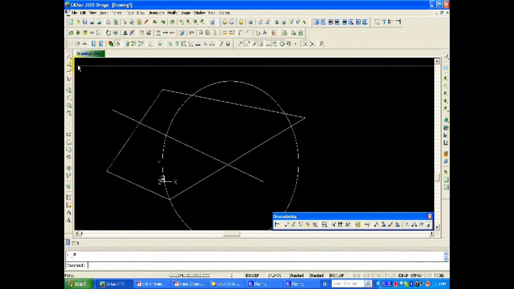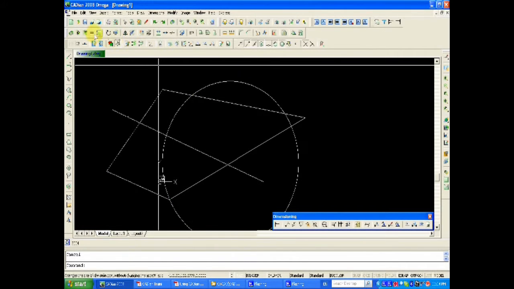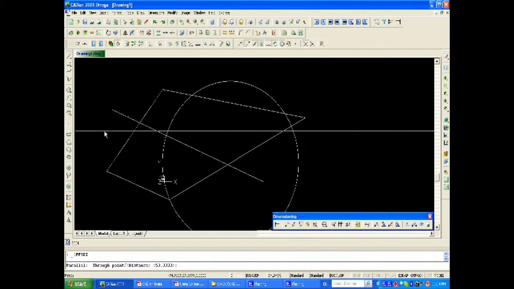Now, I want to offset that polygon, this one. That's why I joined them, else you've got to pick them individually. So I select 50 mil there,